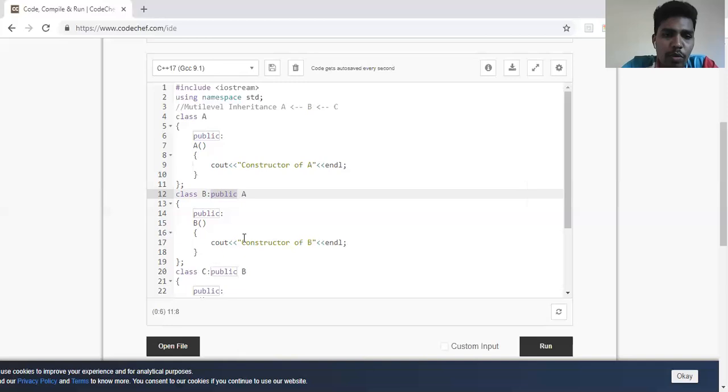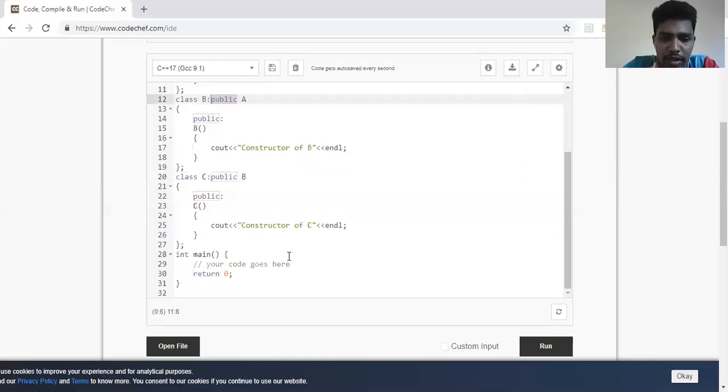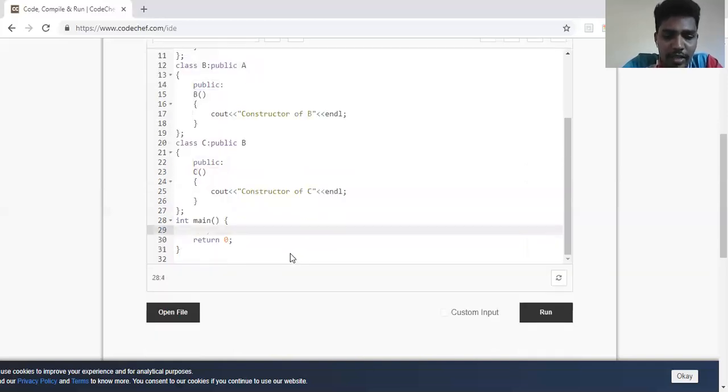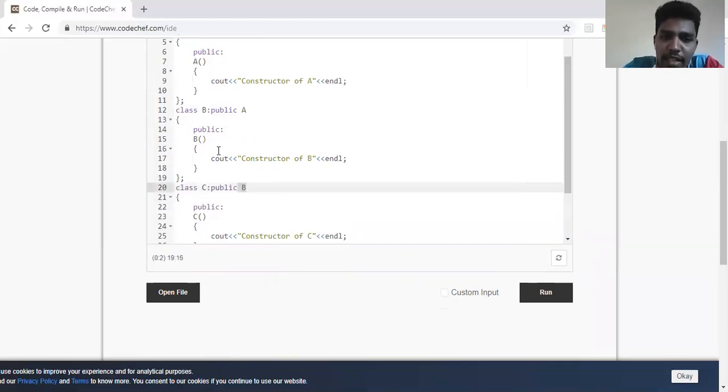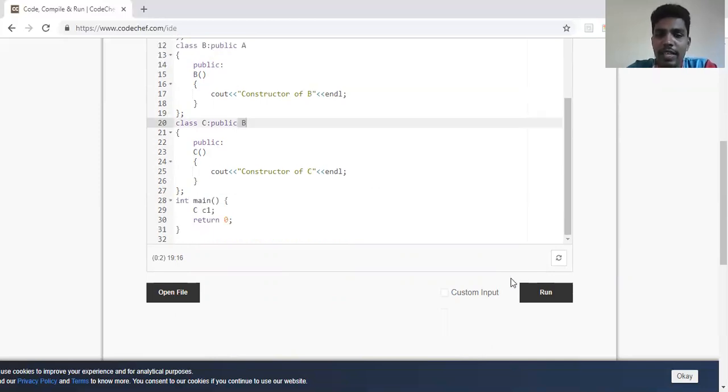Okay. So now I have three classes. So what I'll do here is for the last child, that is C, I'll just create an object of it. So when I create an object of it, it calls the constructor of C. But before running C, it calls B because it has inherited B. So it goes to B, and in B's constructor, before running the constructor, it calls A. Why? Because B has inherited A. So the output will be constructor of A, constructor of B, constructor of C. So we'll run and we'll see whether we are getting that in the same order.